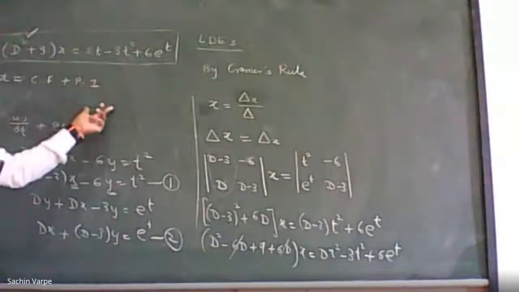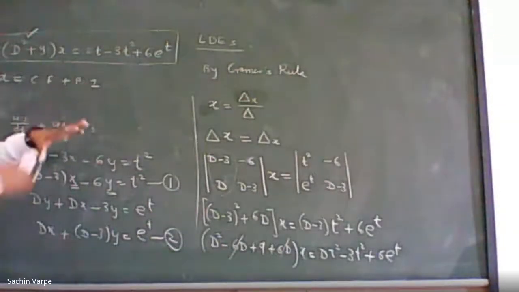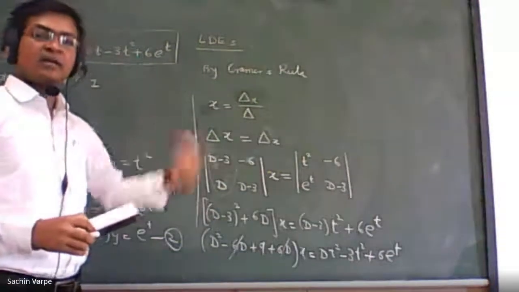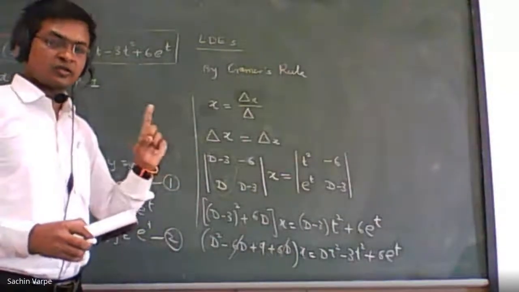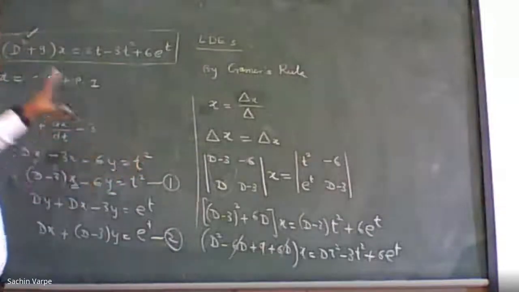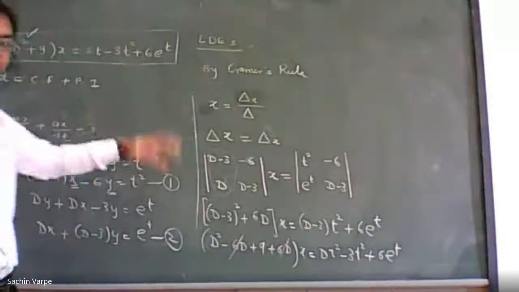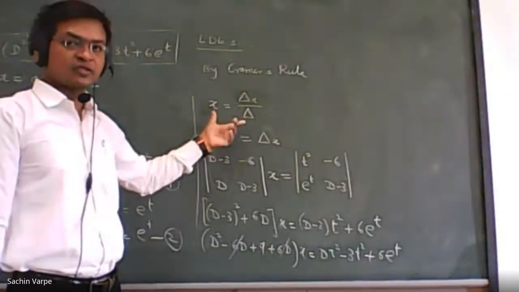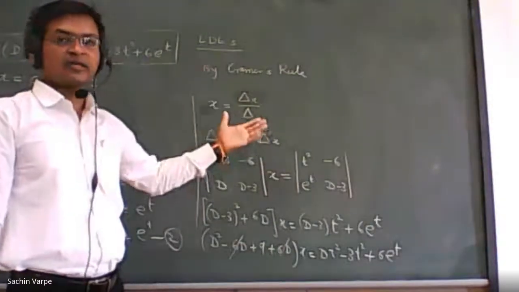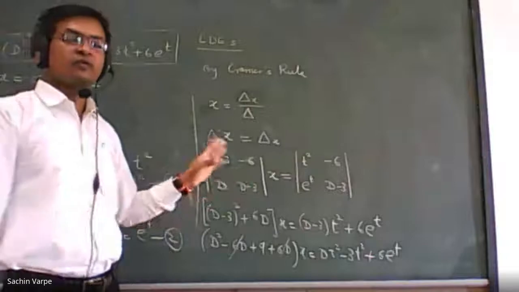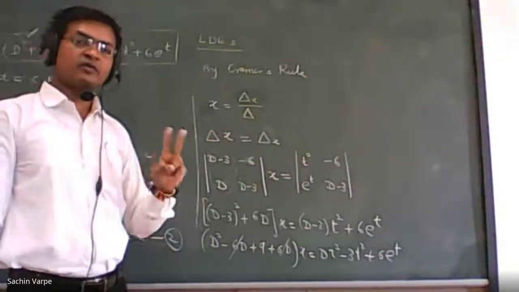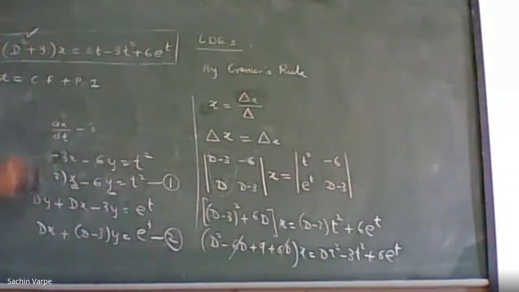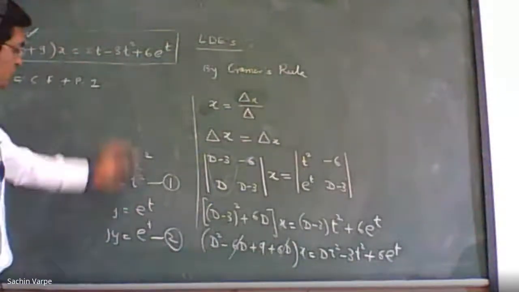So the combined solution of those two simultaneous equations will involve the same arbitrary constants C1 and C2. So to use the same arbitrary constants C1 and C2, we will substitute the value of x into one of the two equations. Remember, we are not going to use Cramer's rule again for y. If we use Cramer's rule for y, we'll get two more constants, and that is wrong, because totally the solution will be involving 4 arbitrary constants. That is wrong. We should have combined common arbitrary constants. So that is why we are using Cramer's rule only once. So I hope it is clear now.